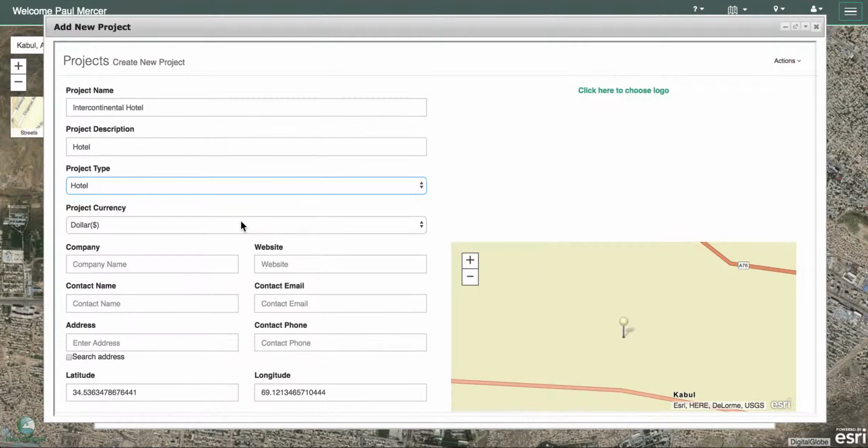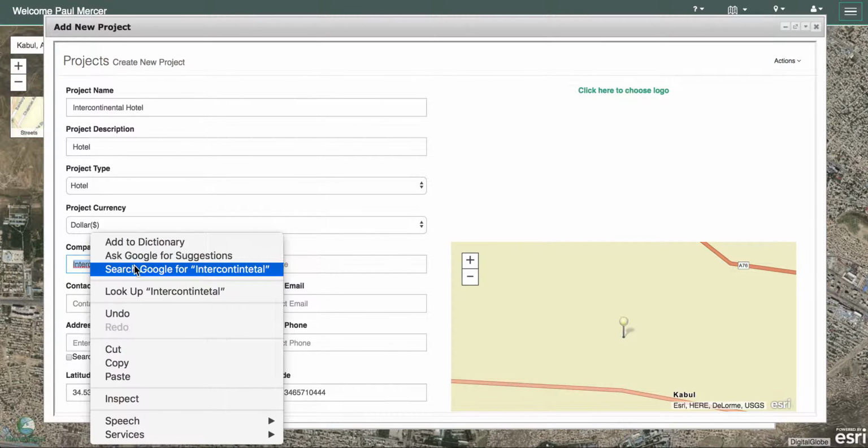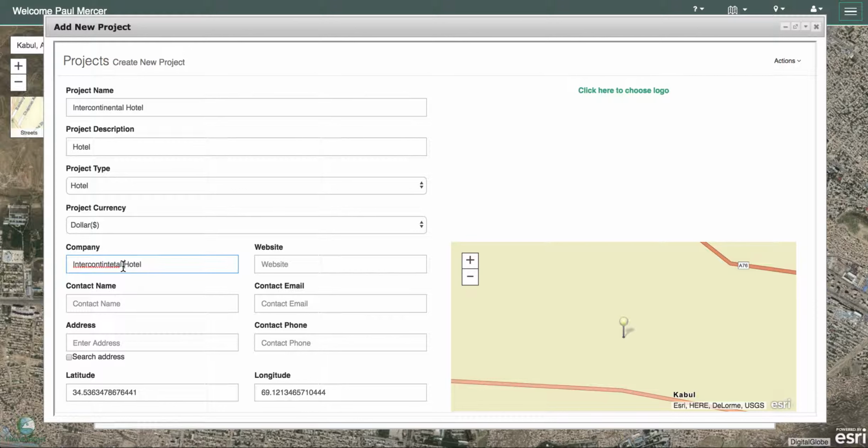So in this case, we'll leave it as US dollars. I can type Intercontinental Hotel back in. Excuse the spelling. And then I'll just make up the website details, contact name,